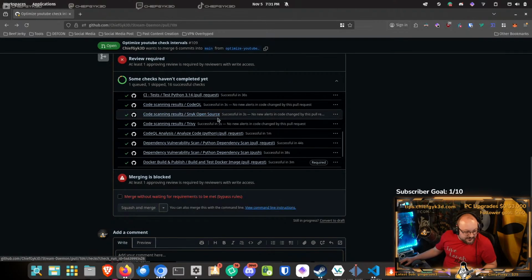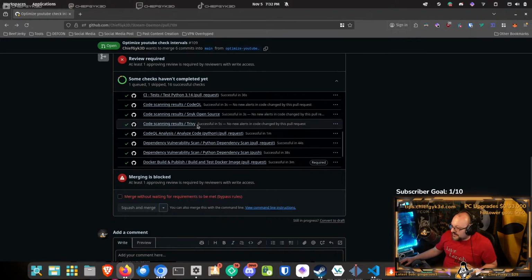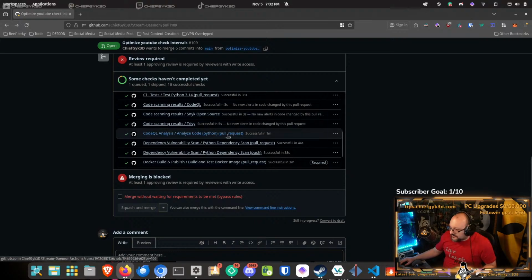which is another code security tool, and then it also runs it through Trivy, which basically, after the Docker image is built, tests the Docker image inside of it, so that we see if there are any vulnerabilities with the Docker being built. There's also CodeQL analysis, again, dependency vulnerability scans on the push and when we approve the pull request. And as we can see, a Docker build and publish, build and test Docker image, to make sure